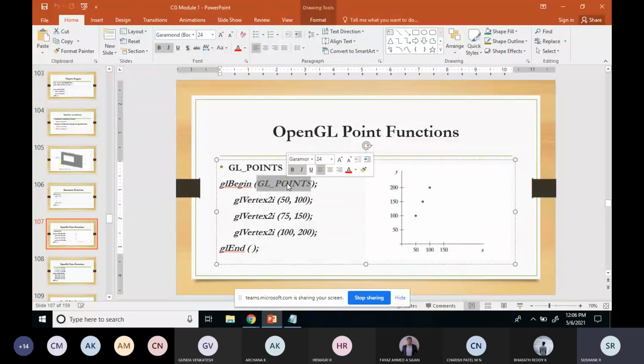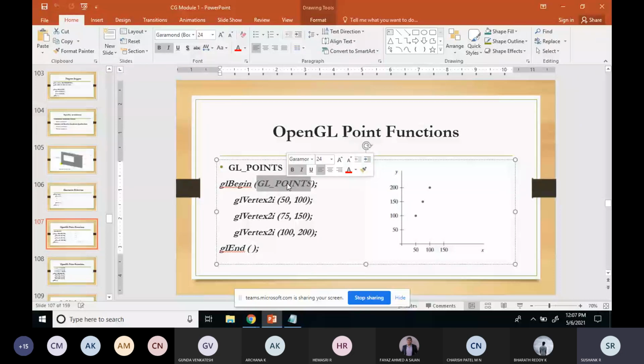I think this should be clear. We will see this also. I will not stop at this point only. I'll install the software and we'll run it on the system also, and we can check that. If you want to change the color, you can change it with the glColor function.